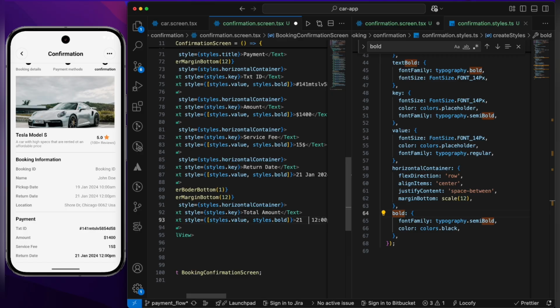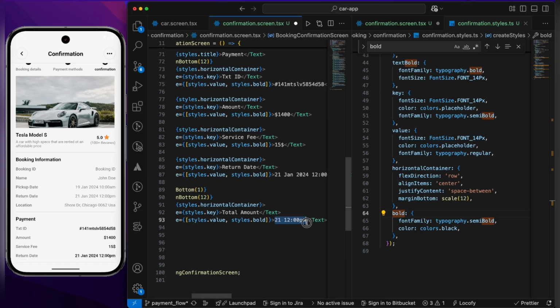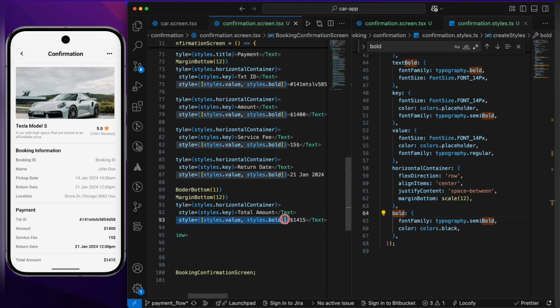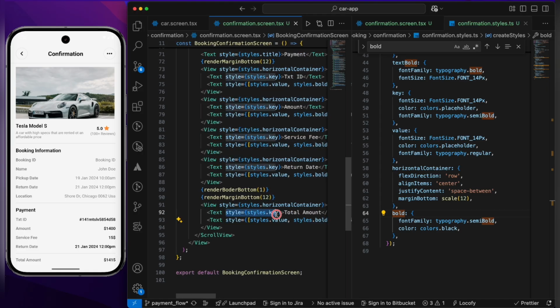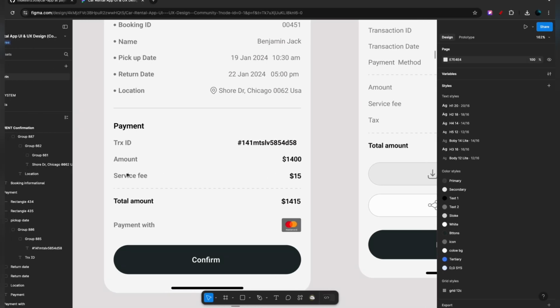Okay, so how much is our total? 14 and then 15, the same one. I'm going to render $1415. Let's scroll up. Yeah, as well as we need the same style, so I'm gonna pick this and paste it over here. If you can clearly see, as well as we need this payment with